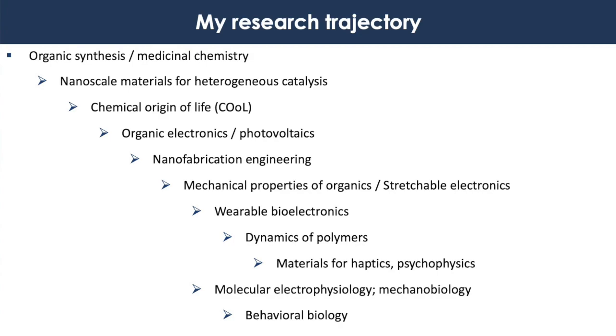So I began thinking about the dynamics of polymers and stimuli responsive electronic polymers, which led me to materials for haptics. Materials for haptics led me to an interest in psychology, specifically psychophysics, and human subject research in particular. And then I ran out of space here, so the next bullet is written over here. And recently I got